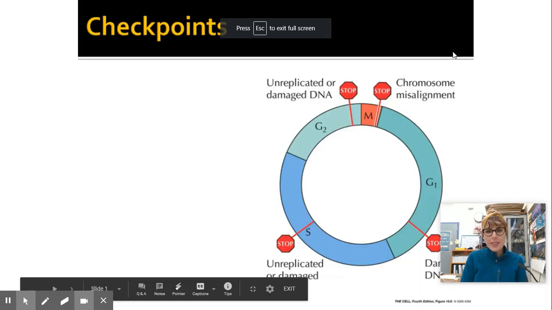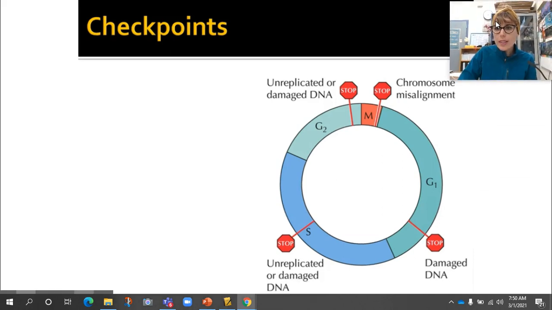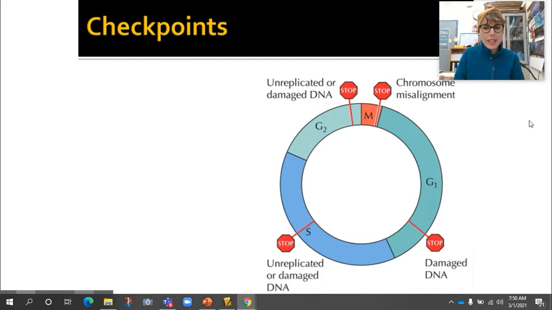All right, so this video is going to be all about the cell cycle and when the cell cycle becomes unregulated and leads to cancer. So, we're going to be talking about how the cell cycle can go wrong and what the causes of cancer are. So, throughout the cell cycle, there are checkpoints that are going to make sure that the cell cycle is